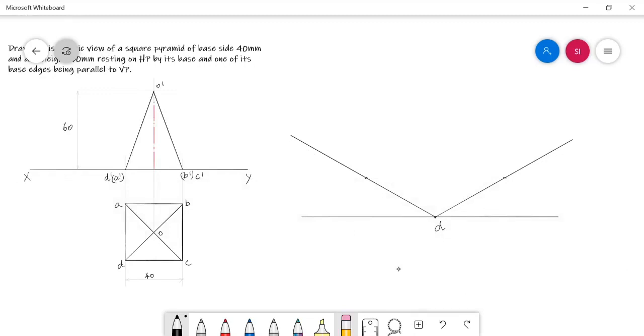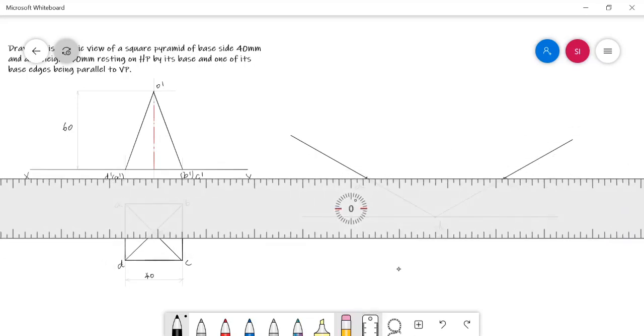After marking the points A and C, we need to mark the point B by our usual procedure.